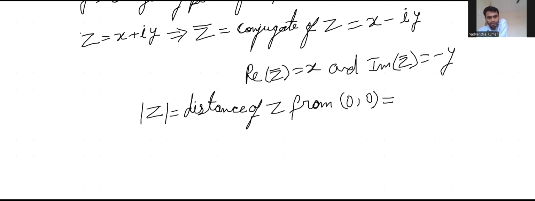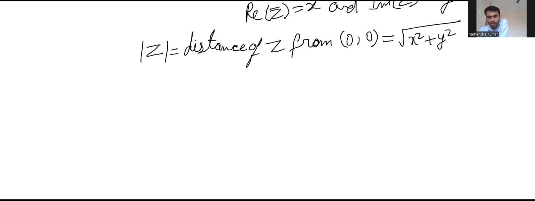And of course this distance is going to be root under x square plus y square. We will also prove this when we come to representing a complex number in the imaginary plane, and when it comes, we will do that. After these two terms,